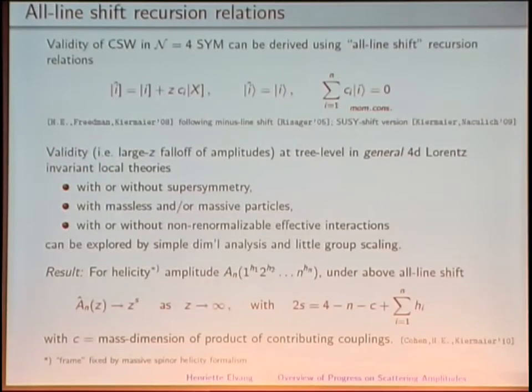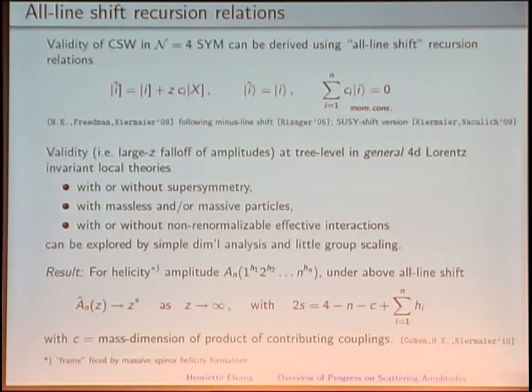So the setting for it is these all-line shifts that you can use to derive CSW expansions. So you shift all the square brackets of the external states, but not the angles. And then you can study the large C fall-off that is needed to derive the recursion relations. Now, we study this validity in general 4-dimensional Lorentz invariant theories, and we don't need supersymmetry. We can do this with both massless and massive particles. We can do it with and without